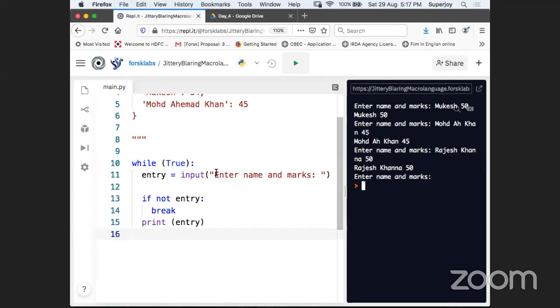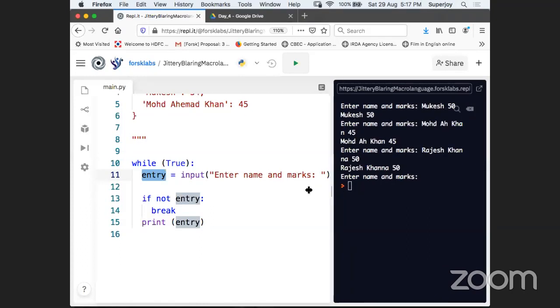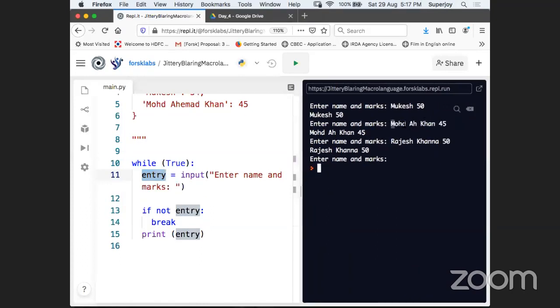But now, guys, what do we have to do? Now we have to split this entry into what? Into key and value. And what is the key and value in our case? Can you see this name of any length will become a key, and these marks will become a value for us. So let's see, guys. For example, I write the code here. If entry, for example, is like this, Rajesh Khanna 50. Okay, so this is the case, guys.